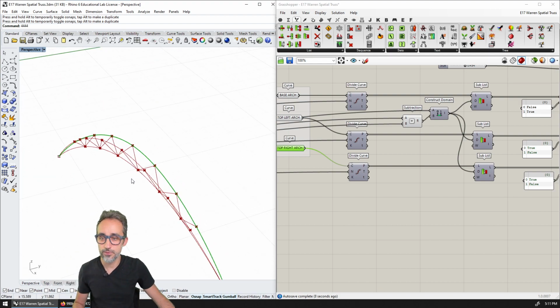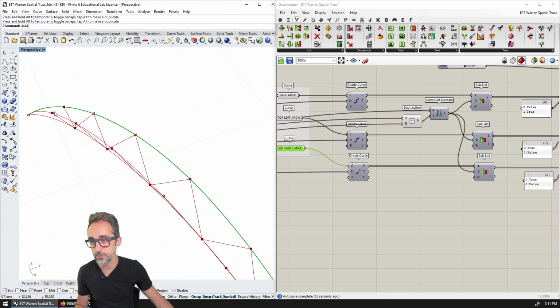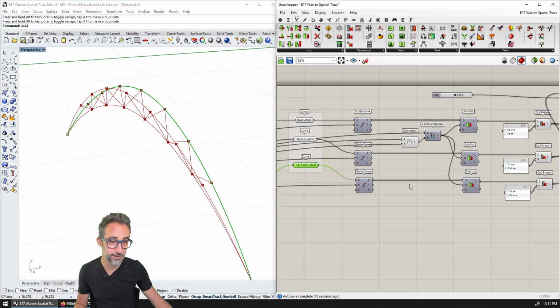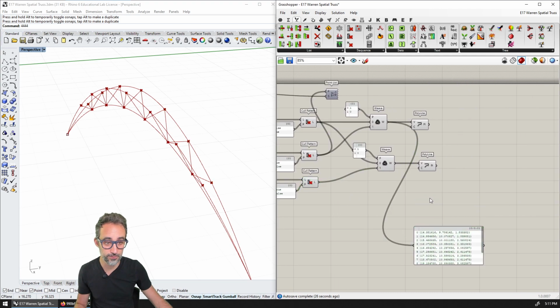Beautiful. And let's not forget that I want to also create horizontal bars between the top members here. And that is actually going to be the easiest part, because I know that those points, I have them here, I have those points here, and I have them here. So what I can do is just create a line between 2 points, between these ones and these ones here.